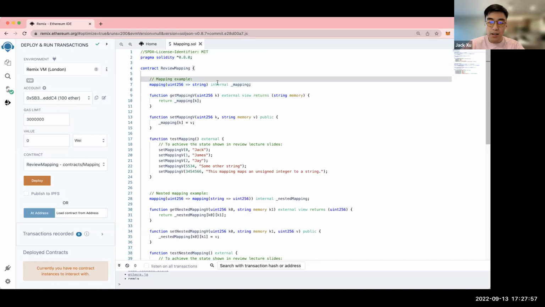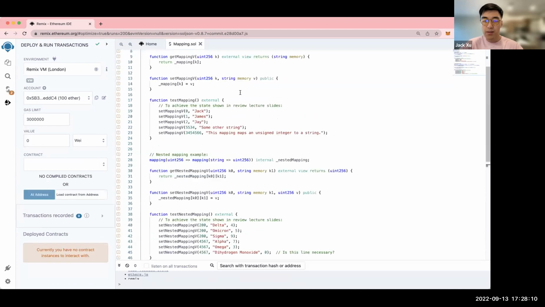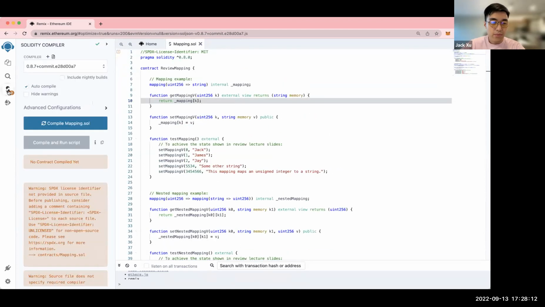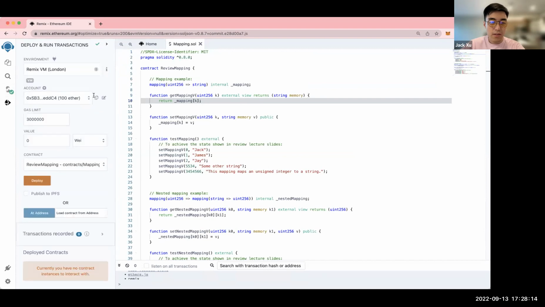Now in Solidity, in some older code snippets, you may see that they don't write the visibility. By default, if you don't write any, it just defaults to internal, but it's always good to be explicit. So this is declaring the mapping here.